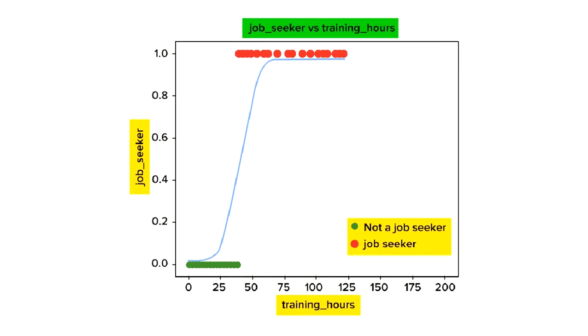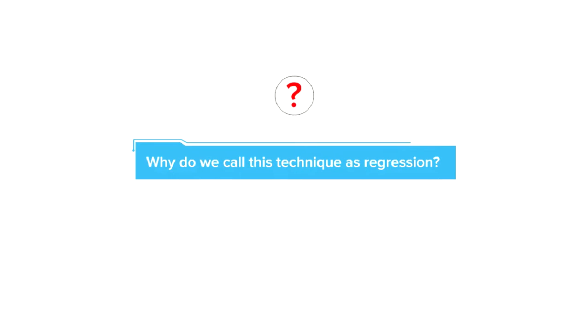Hence, this sigmoid function restricts the predicted values between the points 0 and 1, and the resulting predictions are in the shape of the alphabet S, as shown in the plot. Even in the case of outliers, this transformation we performed using the sigmoid holds very well and the deviation observed is minimal. Now that we have understood the basics of logistic regression, can you now answer why we call this technique